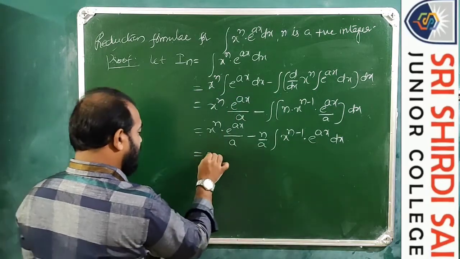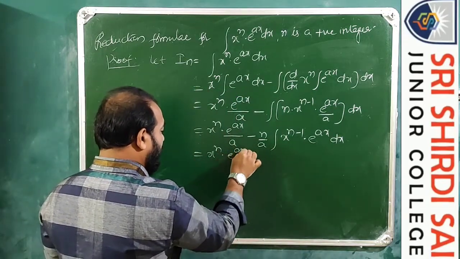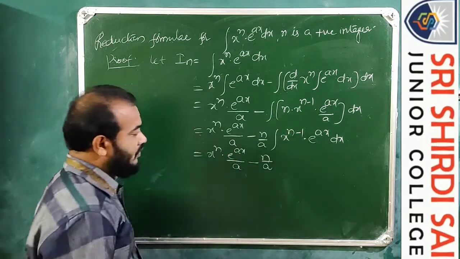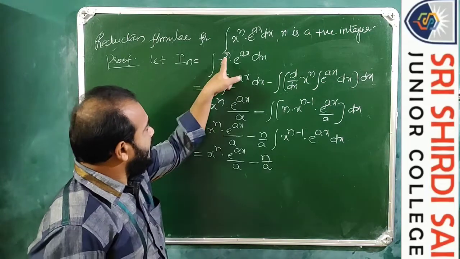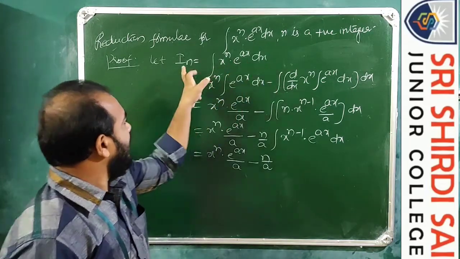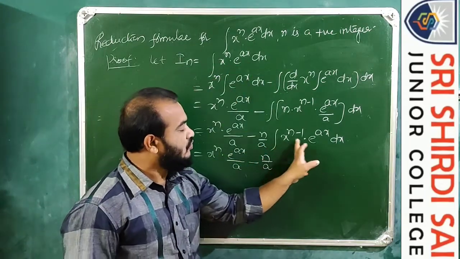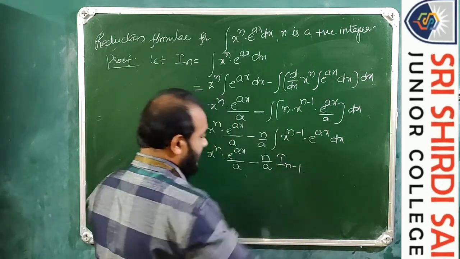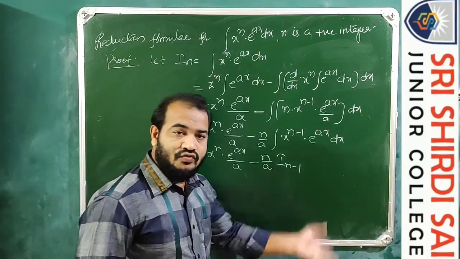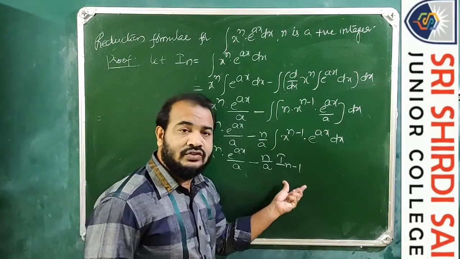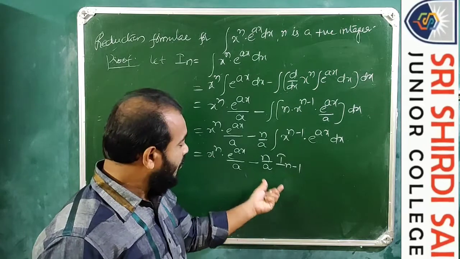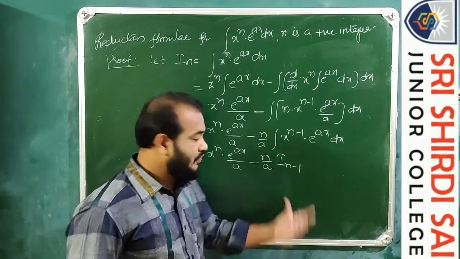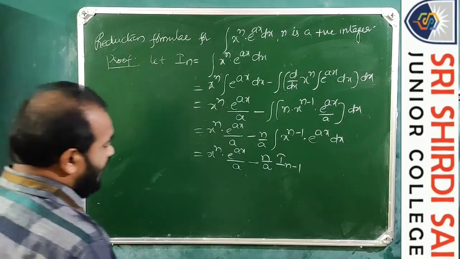So this equals x^n e^(ax)/a minus n/a times the integral. The integral of x^n e^(ax) dx is I_n, then the integral of x^(n-1) e^(ax) dx is I_(n-1), and this I_(n-1) is further connected to I_(n-2). So by successive reduction we will ultimately get I_0. So I_0 is equal to,